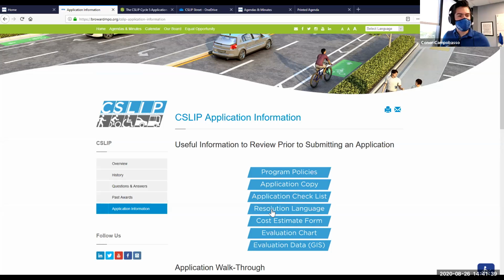There's a cost estimate form, and this gets updated every year. So even if you have a cost estimate form from the past, you'll still want to download the latest version with the latest information included. And the last two kind of go together. There's that evaluation chart that I showed during the presentation, as well as all the data that we use. So this is all GIS data. So if you have a GIS department, or if you're savvy with GIS itself, it's a bunch of shape files that you can download, and you can kind of get an idea of where your project lies before you even submit. So going back to the application checklist,